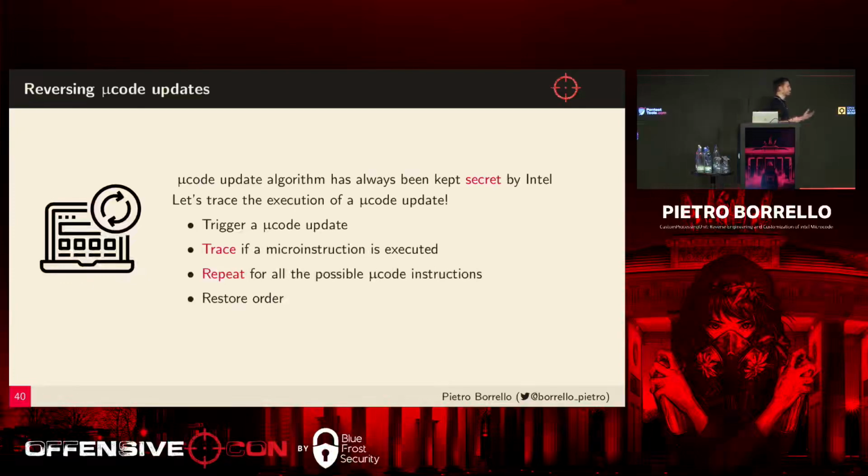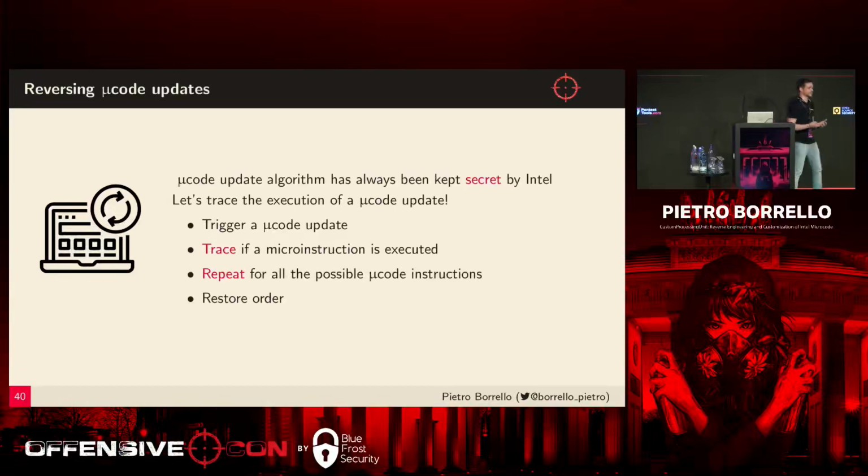So we can trigger microcode updates, do a runtime trace of that, and use our static analysis framework to observe what are the instructions executed, micro-operations executing during the update algorithm. The update algorithm is a fundamental algorithm inside the CPU. So only Intel is supposed to be able to patch our CPUs. I mean, not anymore, but in theory, only Intel is supposed to be able to patch our CPUs, introducing like